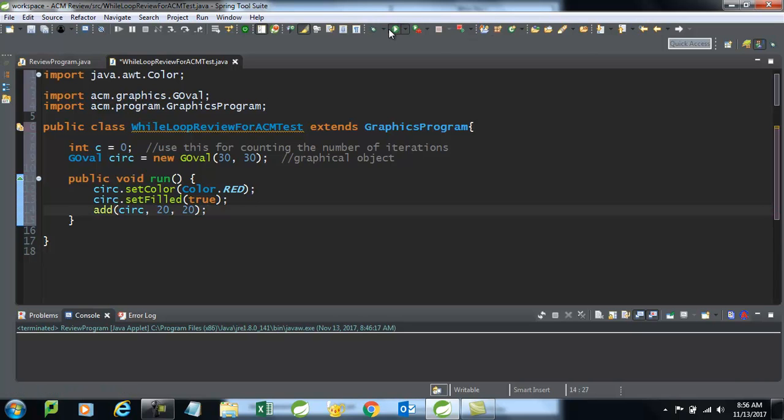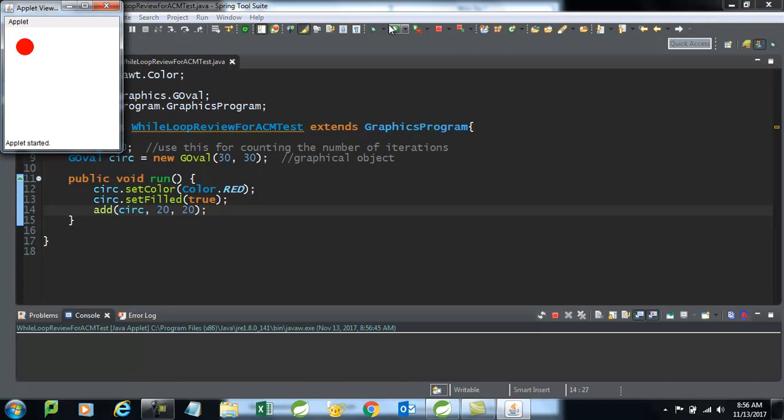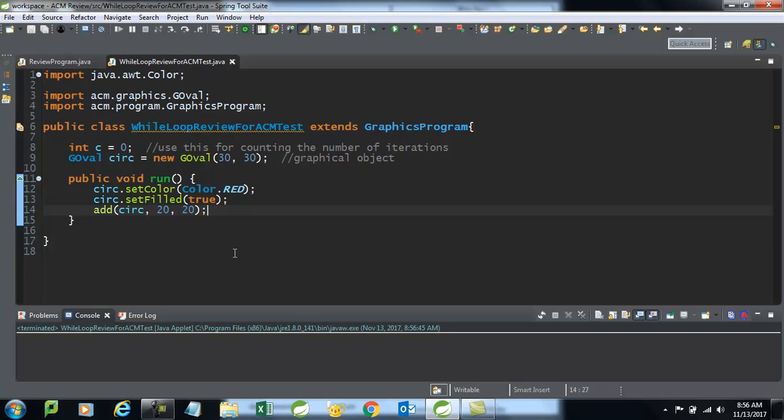And I'll run my program at this point, so I don't have to debug anything once I start my loop. So there it is, and that's all this program does. Now, thus far we've been using while true loops. We're going to change that for this. And what I'm going to have this program do first, before I change the loop, is I'm going to have the circle